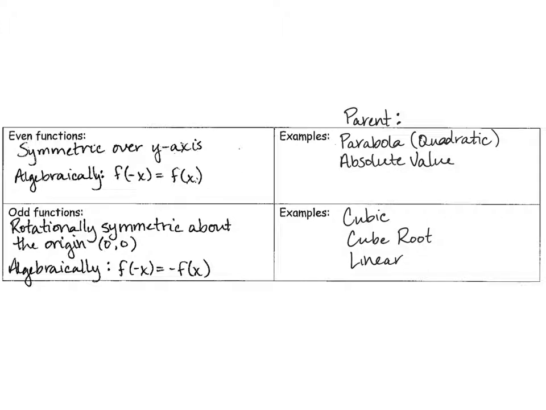Finally, we need to talk about symmetry over the y-axis, which means we have an even function. So a parabola, that's really icky. So here's my y-axis. A parabola, oh goodness gracious, it's terrible. There we go. For every point on this side, there's a point on the other side. So they mirror each other perfectly. So if you were to fold this down the y-axis right here, it would be exactly the same on both